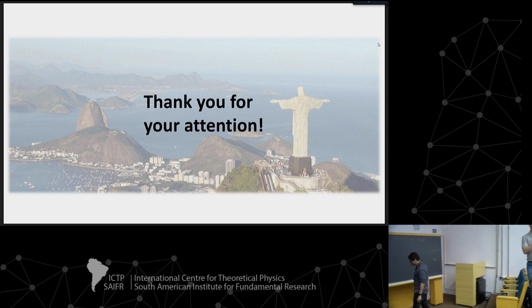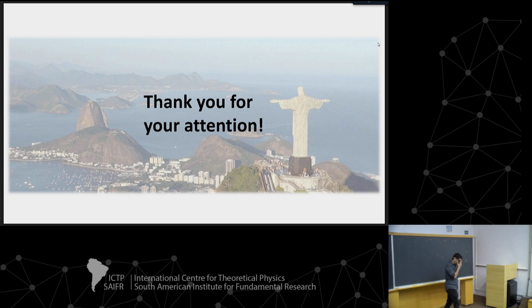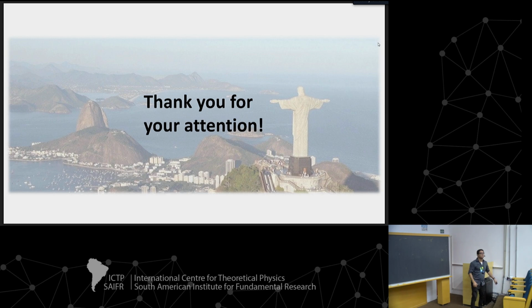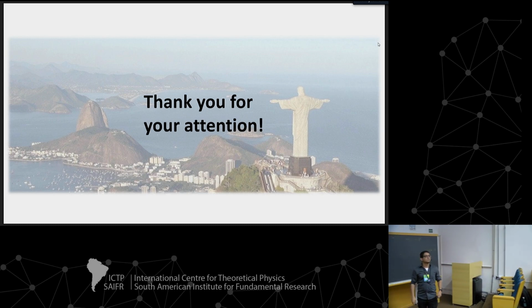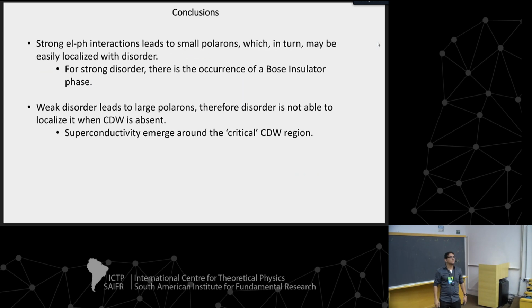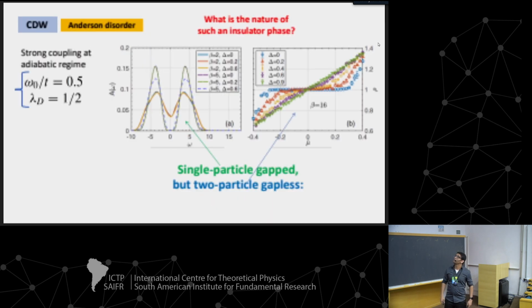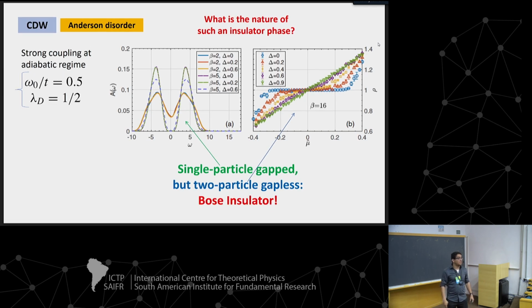Thank you, Natanael, for this nice talk. So, first question. If I understand you correctly, in the strong coupling limit, you actually form some kind of a bipolaron, right? These 2 carriers bind together locally, and that's why you have a gap. Yes, exactly. So it's some kind of bipolaron. Yes. The main point is that I have no time to discuss this, but if you are in the strong coupling regime, your polaron is small. So disorder is very important because you can localize the electrons. But if you have a bipolaron, it allows